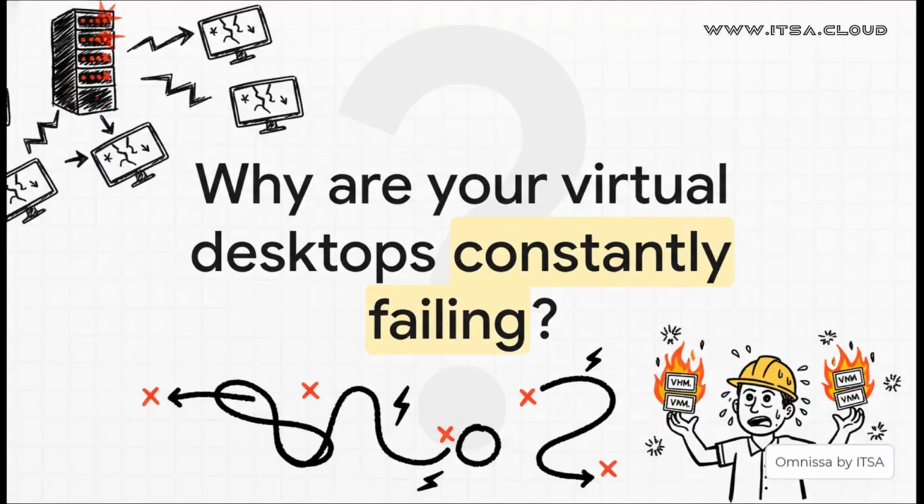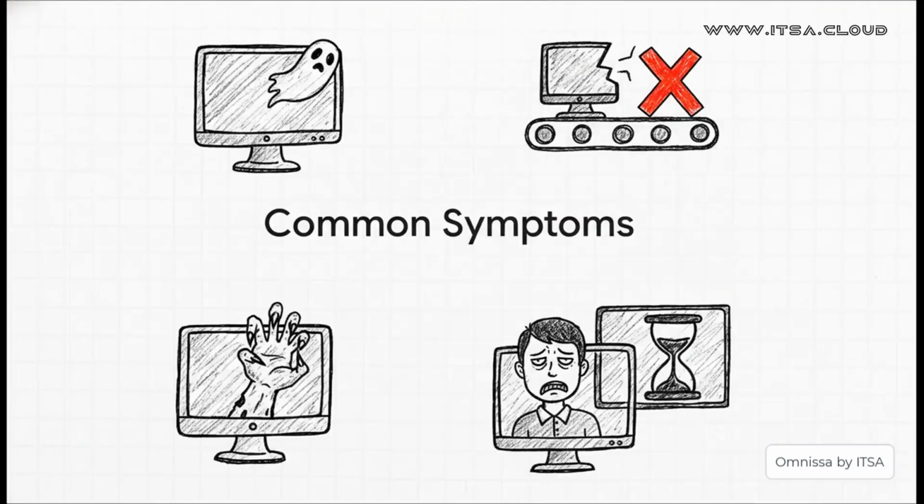This is the big question, isn't it? You've built this incredibly powerful VDI environment, but it feels like you're just constantly fighting fires. Your virtual desktops are failing at the absolute worst moments. Why? And I'm willing to bet this list looks, well, painfully familiar. That dreaded agent unreachable status, new desktops that just refuse to build, and oh, those zombie VMs you can't delete no matter what you try. Look, these aren't a bunch of separate problems. They're all symptoms of a deeper issue.